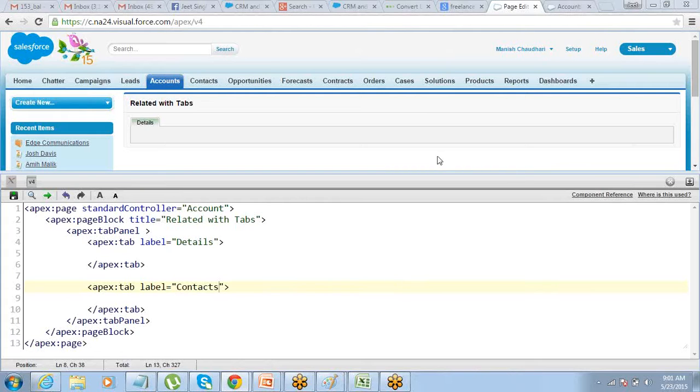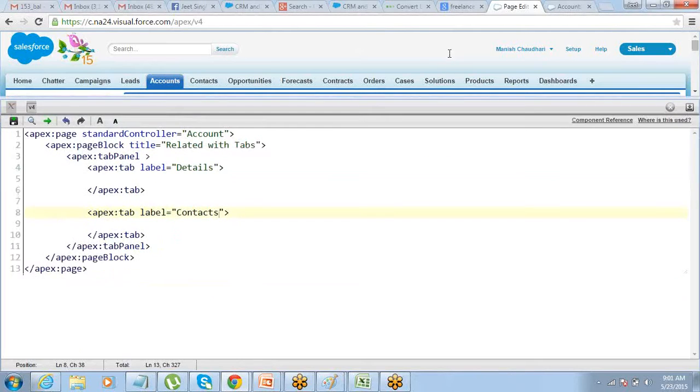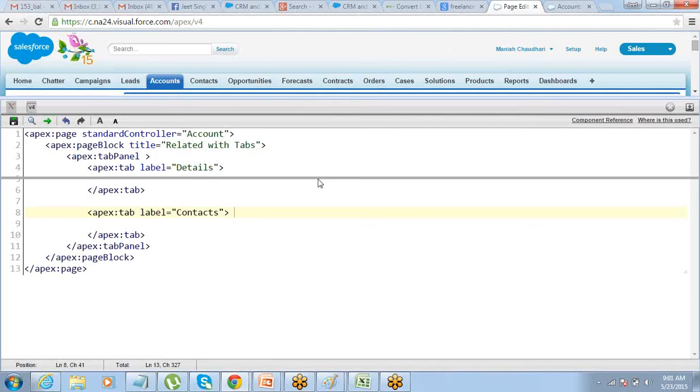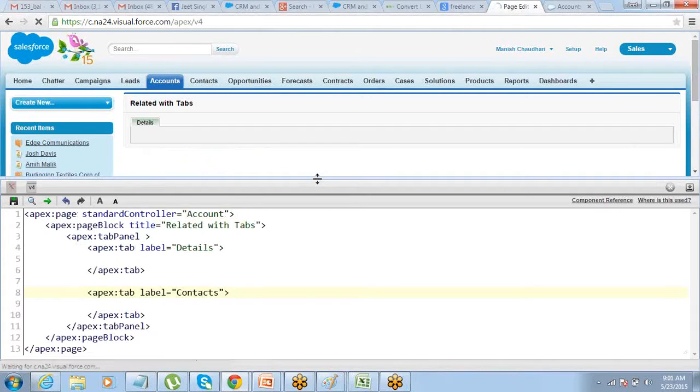Okay, so I have another tab called contacts. If I save it, details and contacts, right?